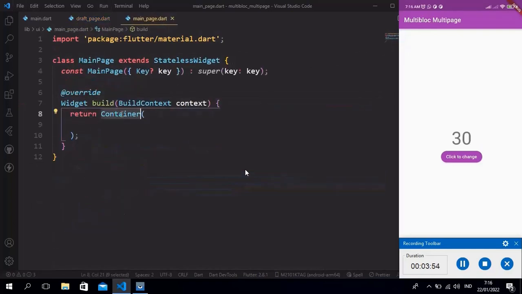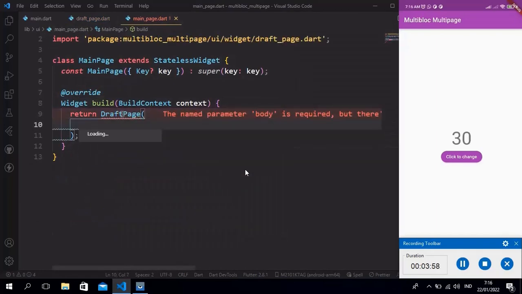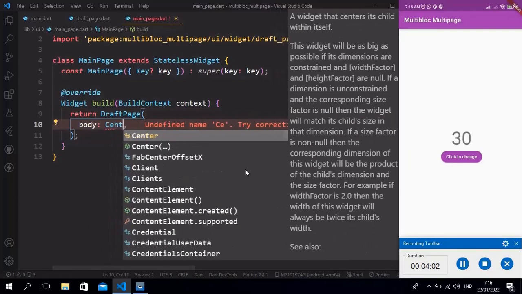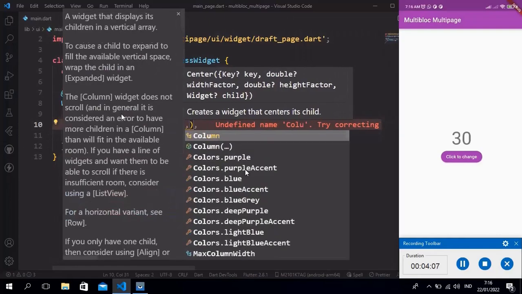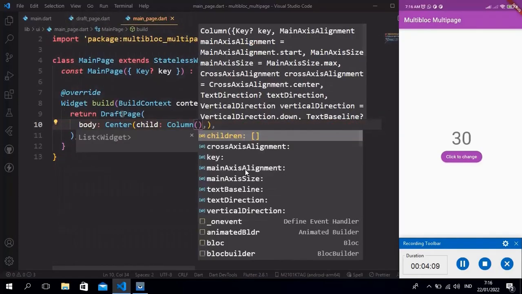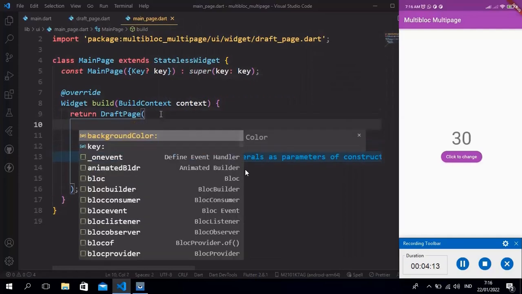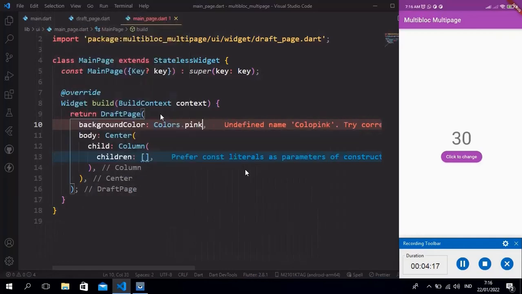Okay, after that we move to main page and we call draft page in our main page. We call property body, and we fill this with the center and column. We need column to align children vertically, row to align children horizontally.